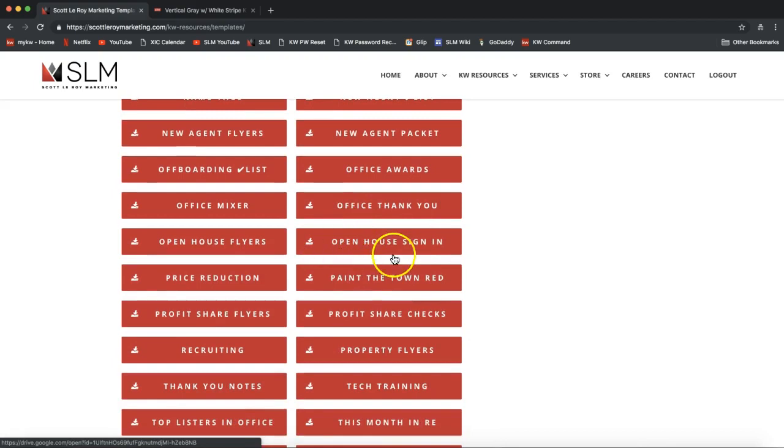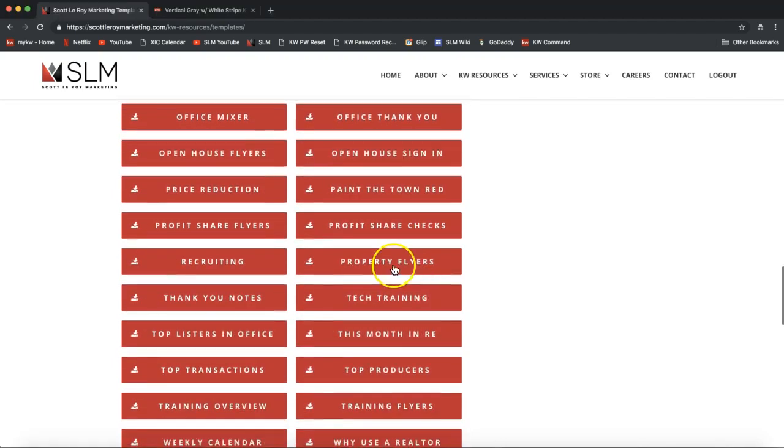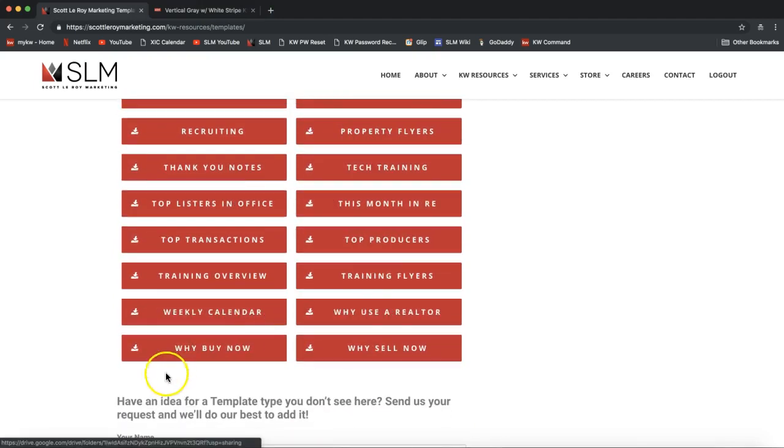We also have open house sign-in template and open house flyer here. Property flyers, and the list goes on and on, right? Why buy now, why sell now, or some more general farming flyers that you can take advantage of. Of course, there's a whole list here, so feel free to take a look at all the different ones we